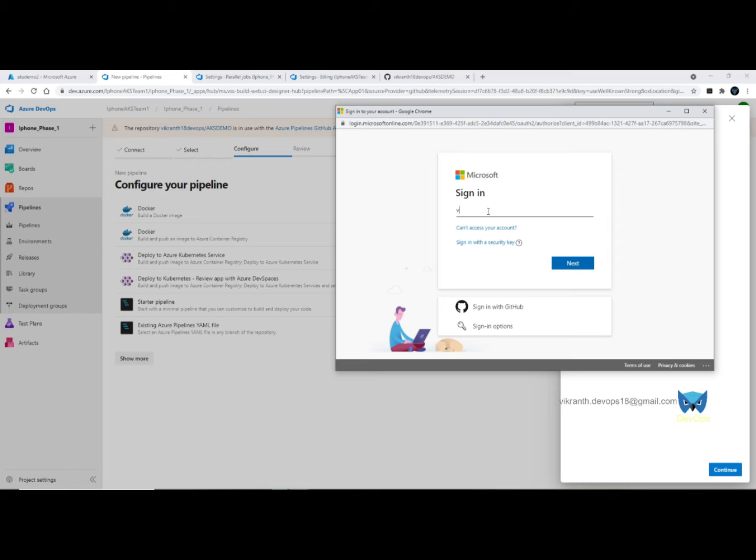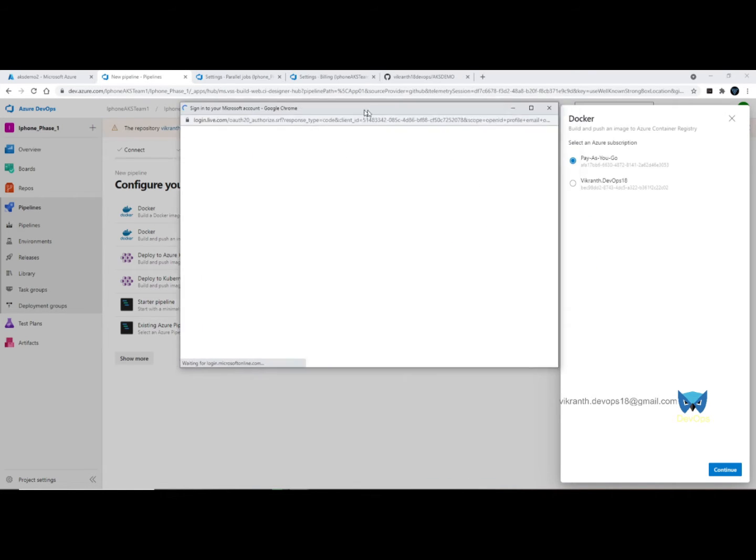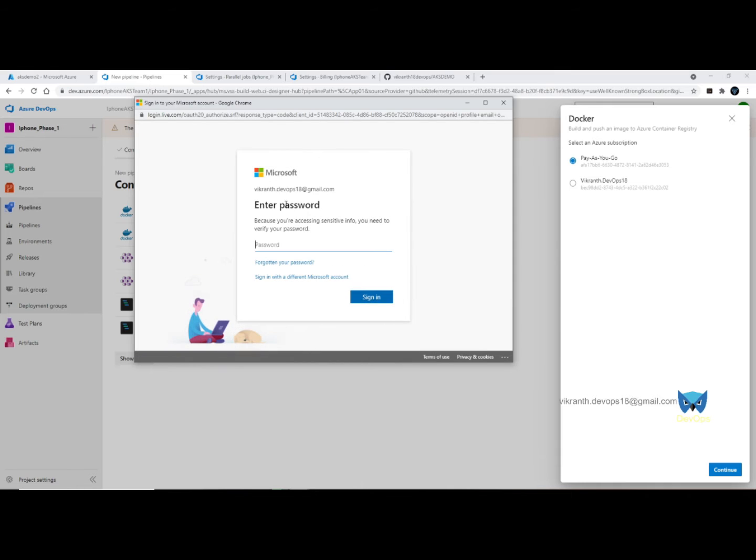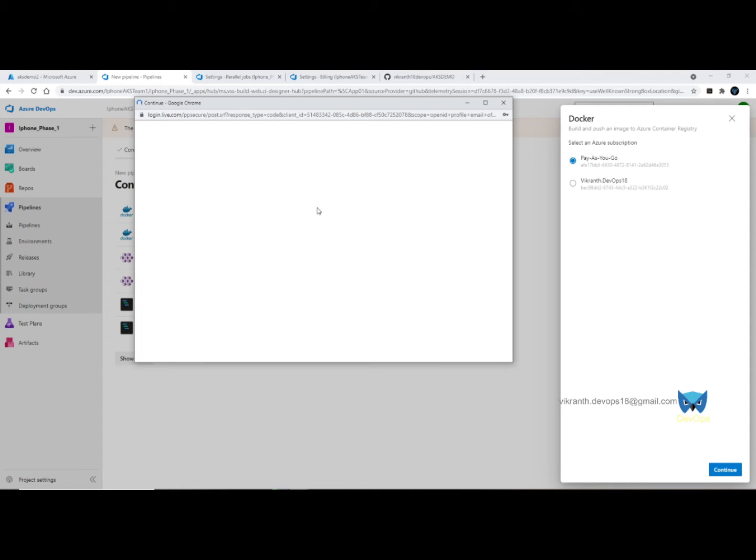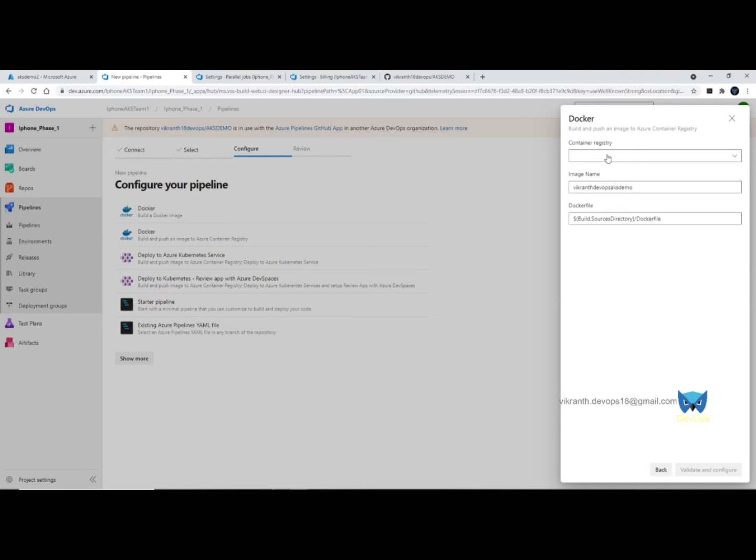Okay, and providing the mail ID. Click on next. Provide the password. Click on sign in. Successful. And we need to select the container registry which we have created, and then the image name should be